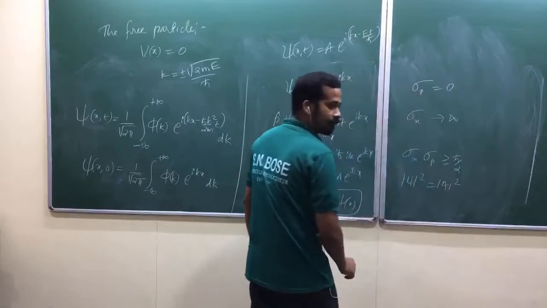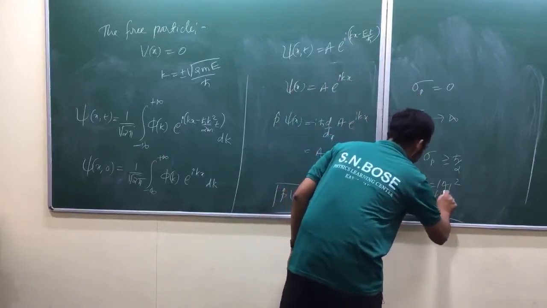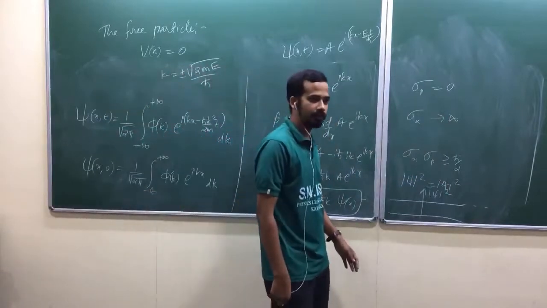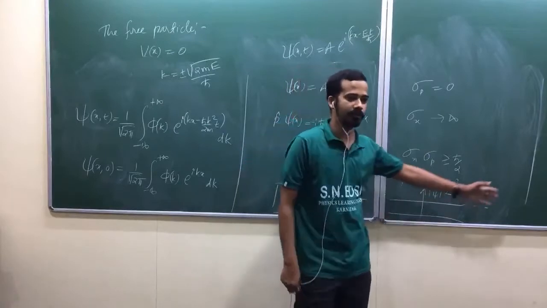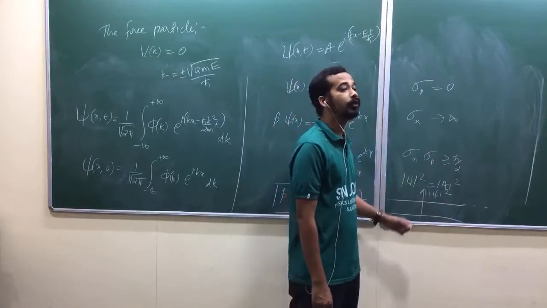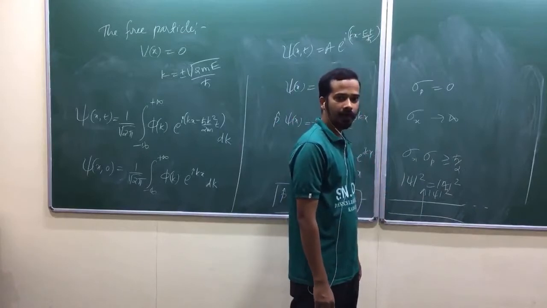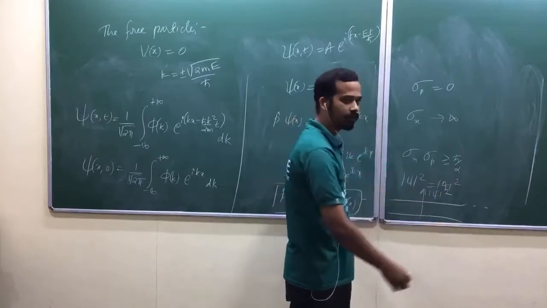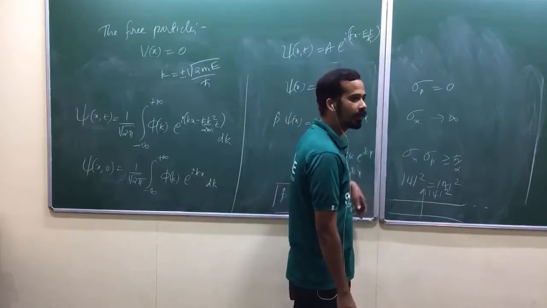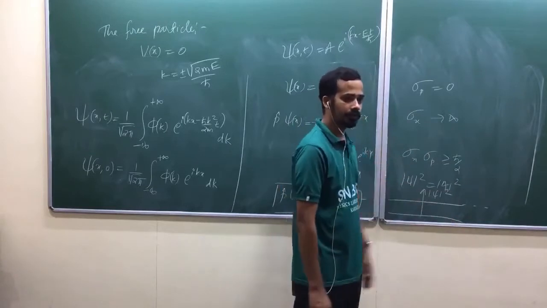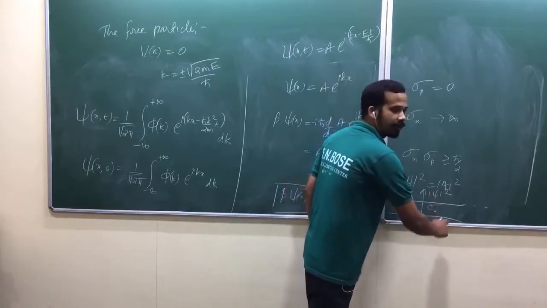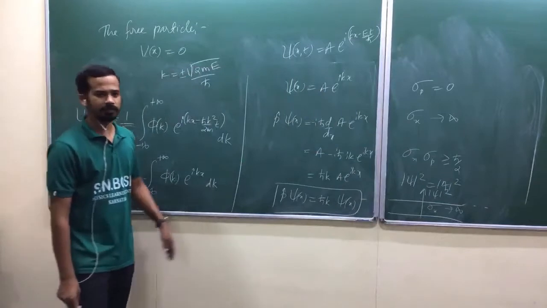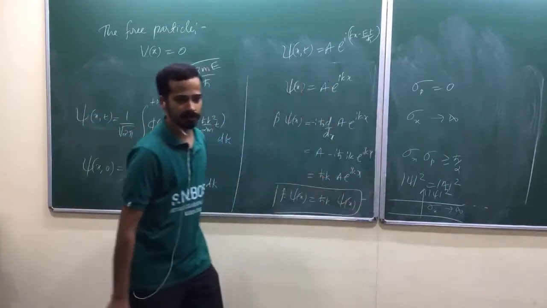If you plot that mod psi square, what would you get? If you do a position measurement, what would you get? You will get minus infinity to plus infinity. Your answer ranges from minus infinity to plus infinity, whose standard deviation is infinity. Are you getting my point? If you think of this one as a distribution, that is from minus infinity to plus infinity, am I right? Your measurement outcome will be a wide range, so that the standard deviation of the distribution will be infinity. That's an obvious fact. That's why our particle will never exist in this state.